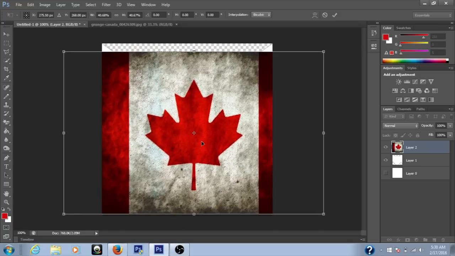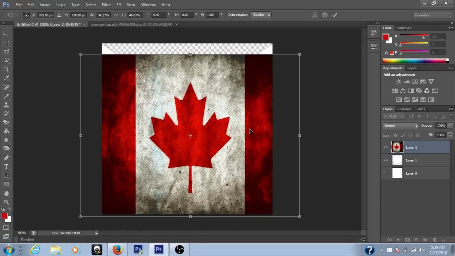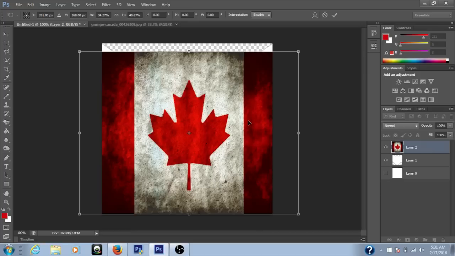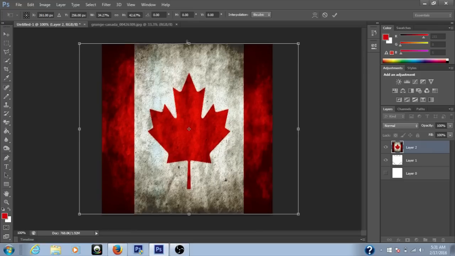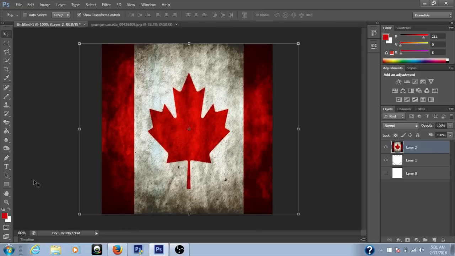So yeah, now that that's shrunk down, we're gonna do that so we can have some of the red on both sides. Pretty much I just make it the size of the box. Now, one thing that I love about Photoshop, that I figured out sometime last year,